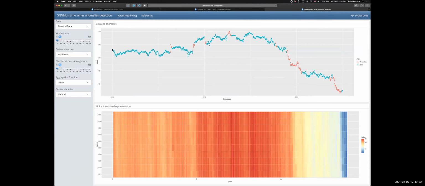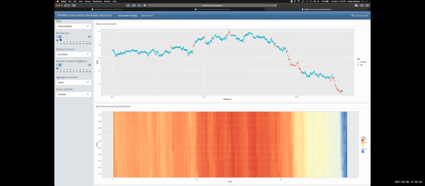I'm taking this sequence of points and partitioning them into overlapping windows or blocks of 10. This is what you see here. This heat map shows this kind of partitioning. Now I apply a geometric nearest neighbors algorithm to them, and I try to see which of these points, which are multidimensional points in 10-dimensional space right now, has fewer neighbors than the average amount of neighbors.